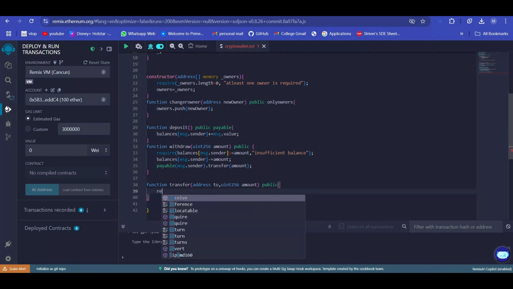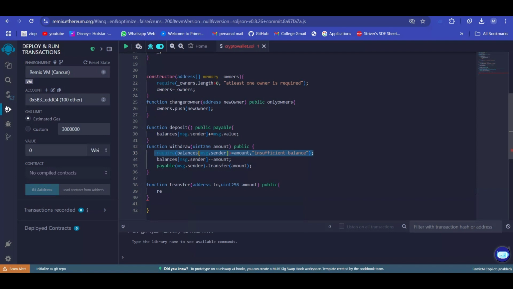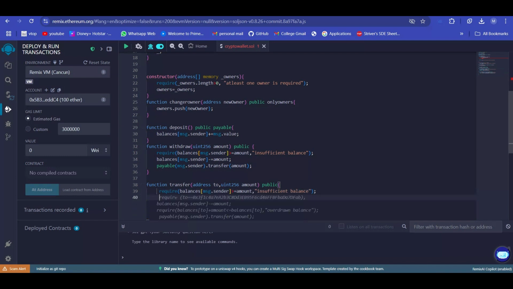First of all, in transfer also we need to check the sufficient balance, right? I'll just check the sufficient balance: the sender is having sufficient balance or not. And here also the same thing has to happen. So the balances of msg.sender will be deducted by however much the amount is,